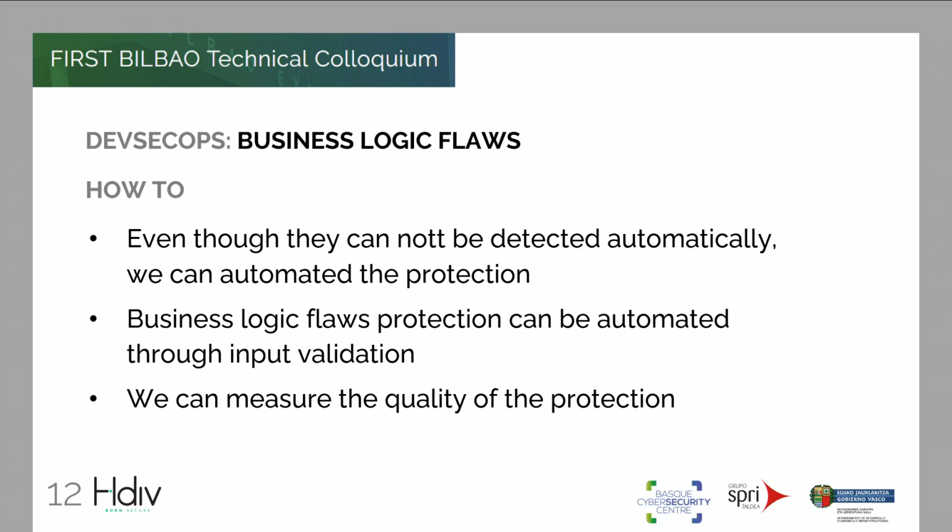By basically input validation. So the example that I explained before regarding parameter tampering, when we change an ID in a URL, in that case, if we are automating the protection, we are going to block this kind of attack through the architecture, so through the DevSecOps solutions that it is possible to apply. That's the approach that we are recommending, and many of our customers are doing it in production.